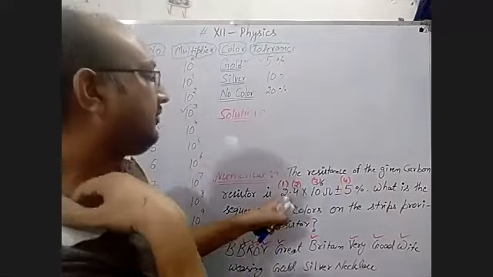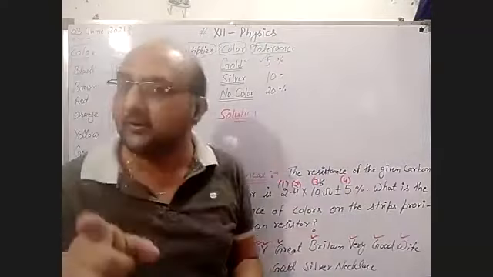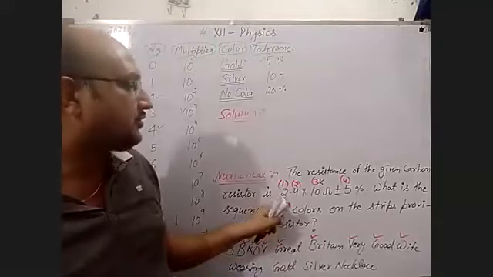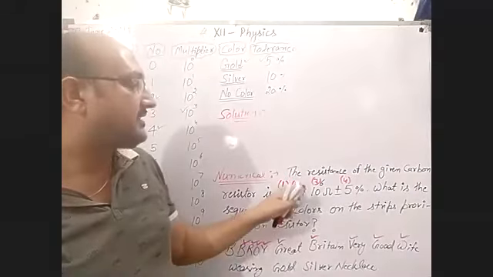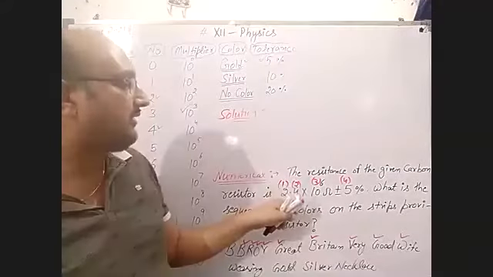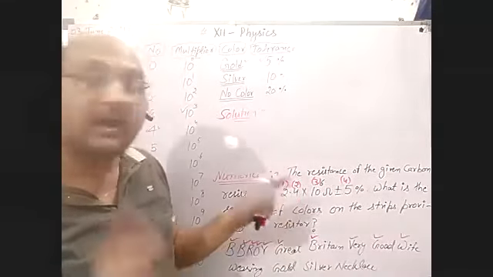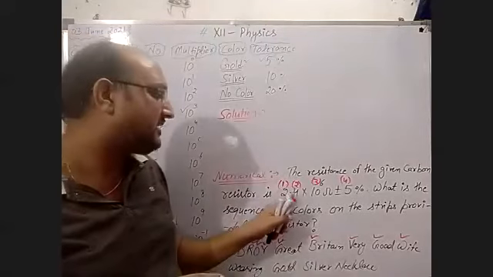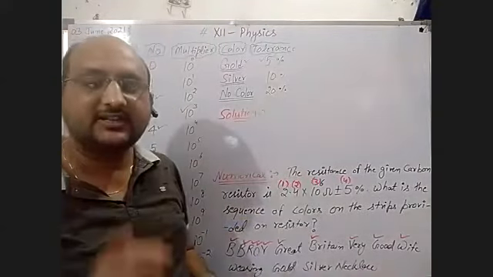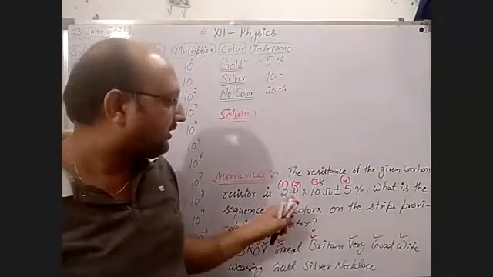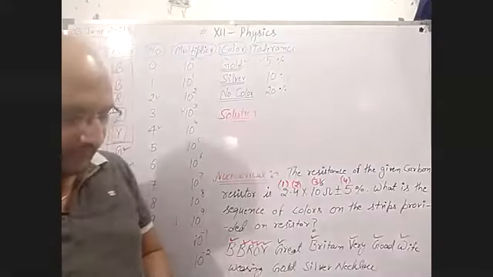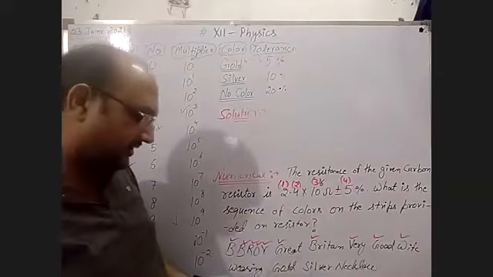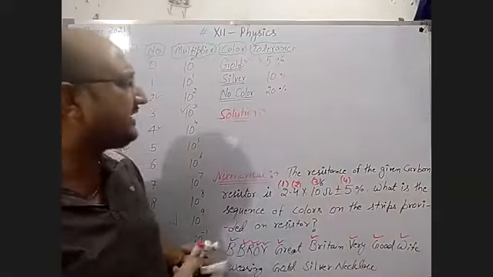Please, you have to take 4.2 instead of 42. Because the first digit gives you the number 4, after the second digit you have to write down the decimal. Remember this thing, please. After one digit, you have to write down the point and then the second value. Okay. Now, let us take their colors.